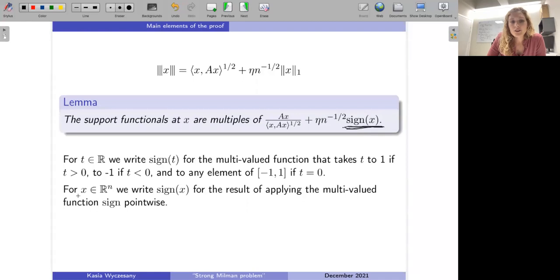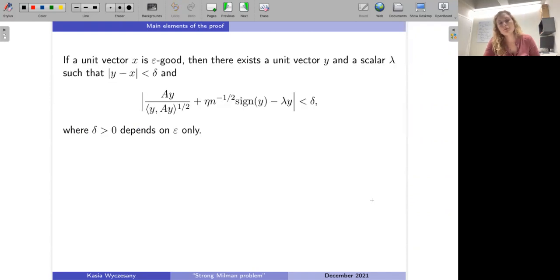Yes, and later on I'll be writing sine x for x in Rn to be the result of applying this sine defined here pointwise. Okay. So now we know how the support functionals look like, but what does that mean for us? Putting it together with the proposition that I showed you before, we know that if x is a unit vector and it's an epsilon good point,